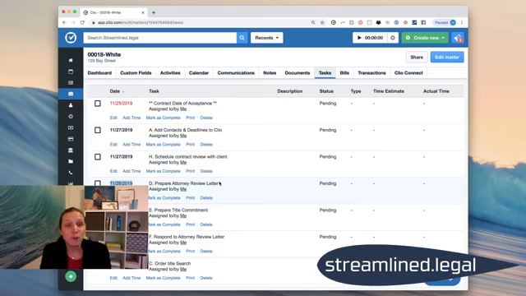So I hope that helps. I hope that helps you get a lot of value out of Clio Task Lists. If you subscribe to Clio, you're paying for it anyway. So give it a try. I think it's really, really going to help your team. And then once you've mastered Clio Task Lists and there are other features that you're really wanting in a more robust task system, absolutely graduate on and start using something else that